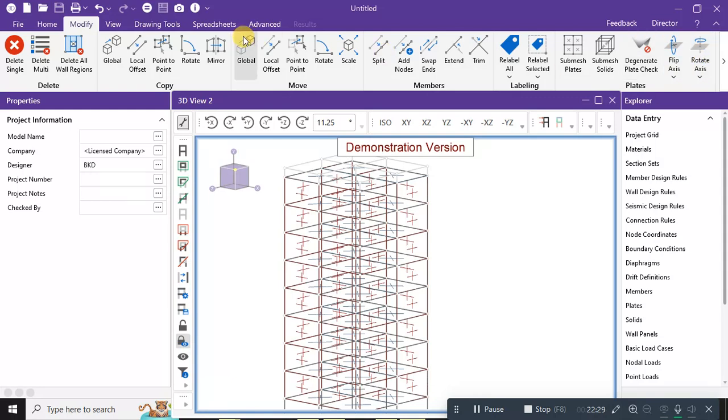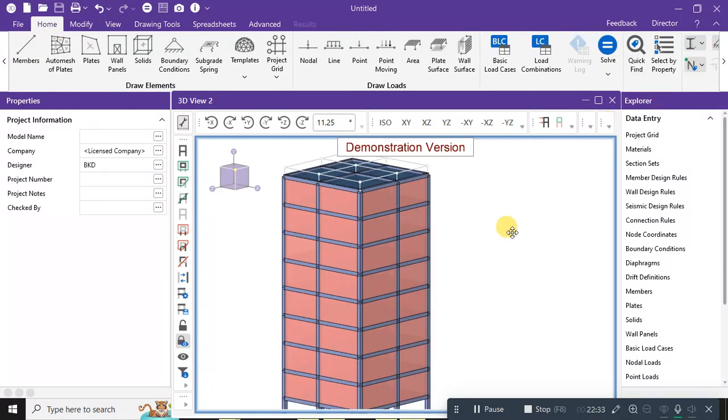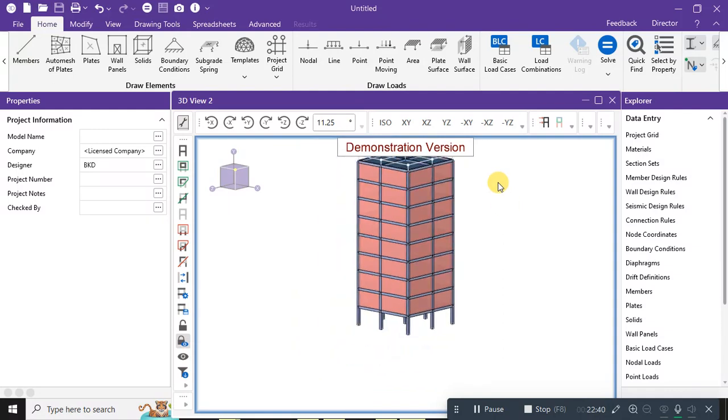Now let me go to the home and go to the rendered view. So this is how we have created the wall panels. After creating the wall panels, the supports are also present here. Now what I will do is we will go to the